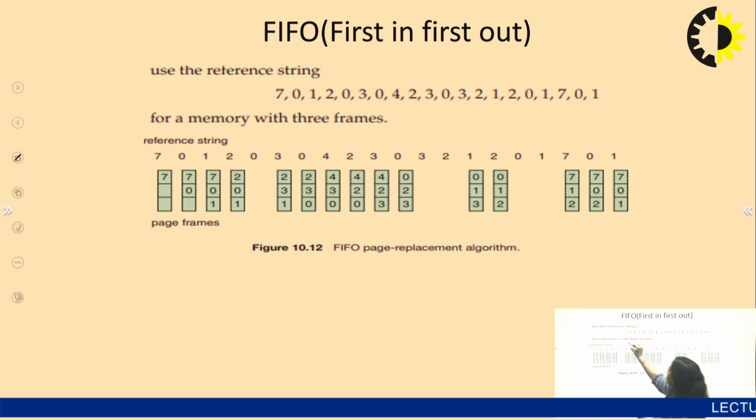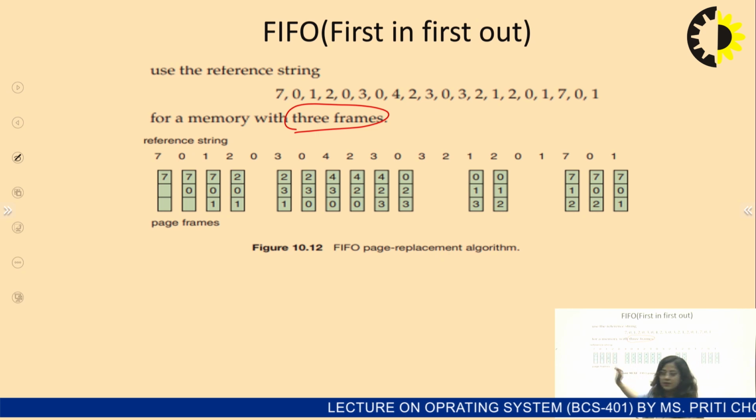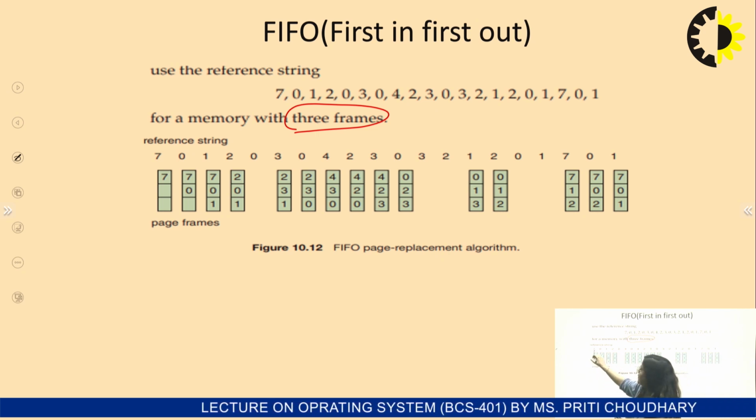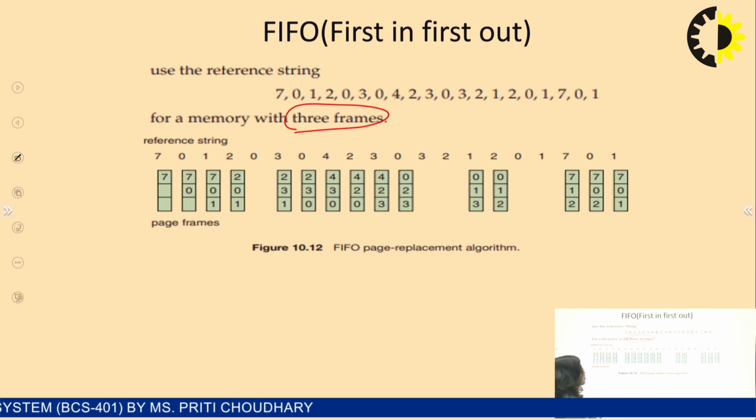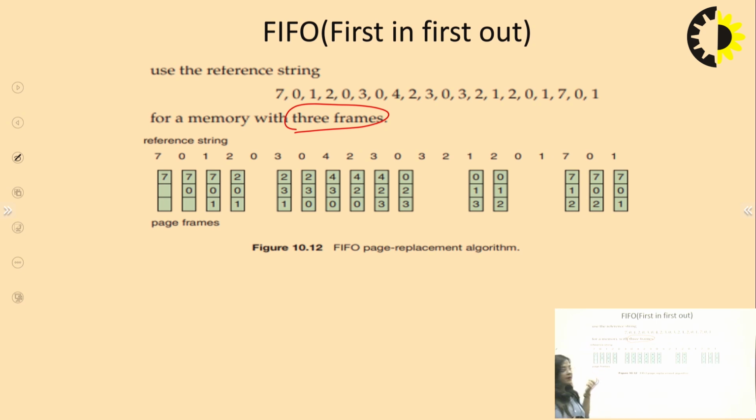So 3 frames means your main memory has a size of 3 frames. So this is the 3 frames here. Now check the first one that comes. There is a space. No, there is a space, it means a page fault occurs, meaning this page is not found in main memory. Now 7 is stored in this page frame. Now comes the 0, which is easily inserted in the page frame, but this condition is called a page fault, and this page fault is indicated by the star.